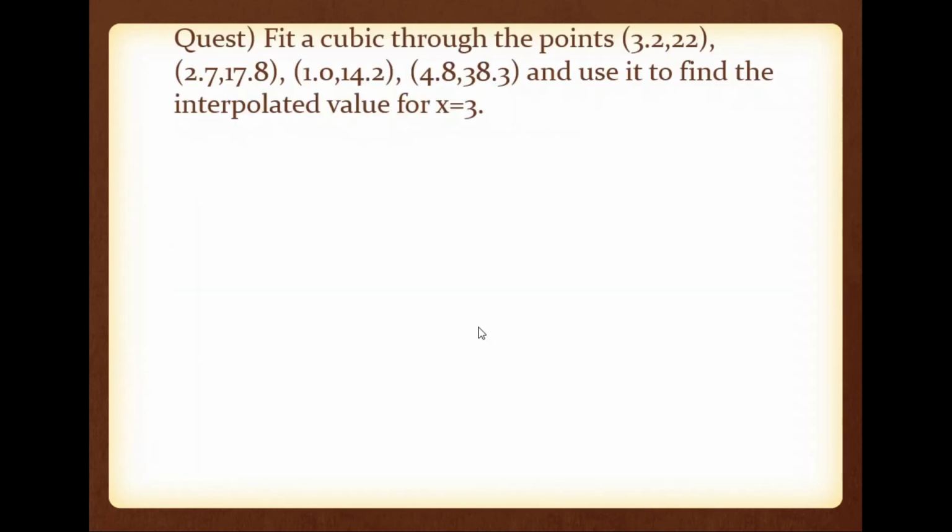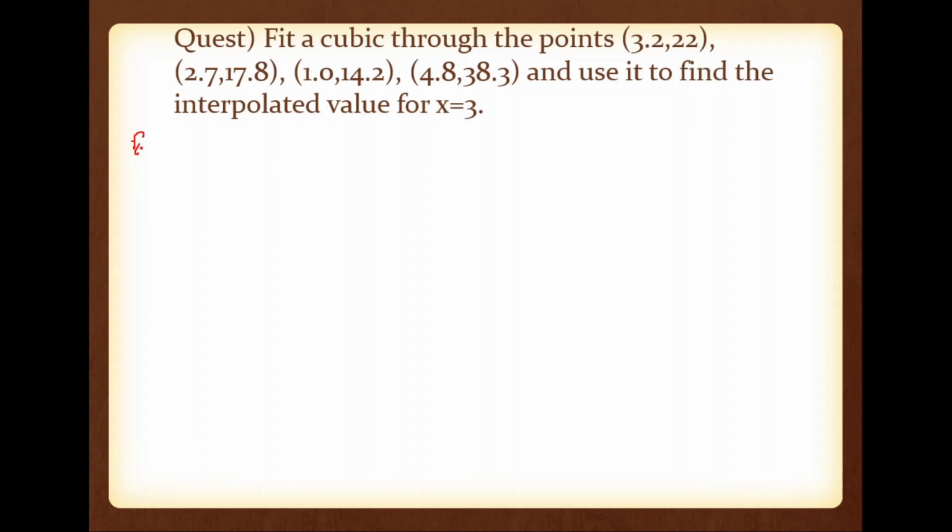Okay. So we can solve a problem by using Lagrange's polynomial. Please note, you are asked to fit the unknown function using these 4 data points. You are asked to fit a cubic through these 4 points. Cubic means you are asked to find a cubic polynomial, f3 of x, a third degree polynomial. And by using this cubic polynomial, you are asked to find the extrapolated point x equal to 3, means you are asked to find f of 3. So first, how to fit the polynomial? We have 4 data points, so we have to find a third degree polynomial.